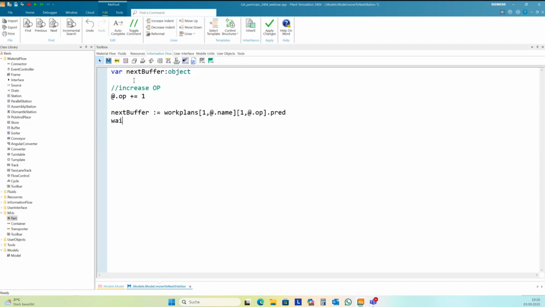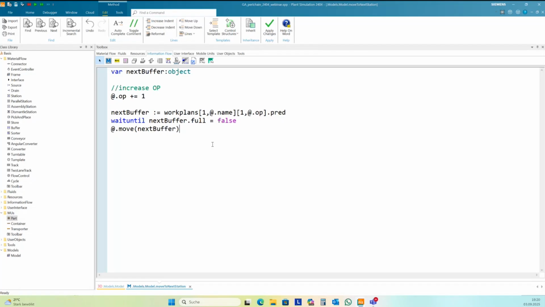We need to wait until this next buffer is not full. And then we move to this buffer. So that's all for programming in this example today.